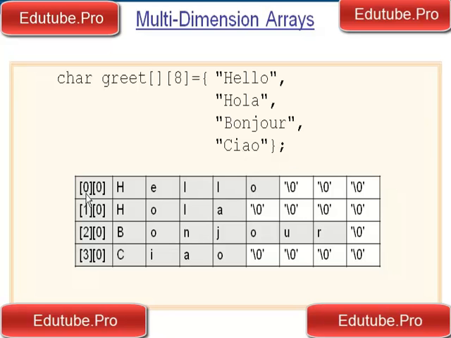So here is greet 0 0, this H, the very first byte of our array. And here's our hello, just like we had before. But these 3 bytes are padded out with nulls, because this thing has to be relatively square. We can't have these odd length values, because then we couldn't calculate our way through it using the subscripts times the length of this value, which is 8. So we take 1 times 8 plus 0, and add that to the base pointer,